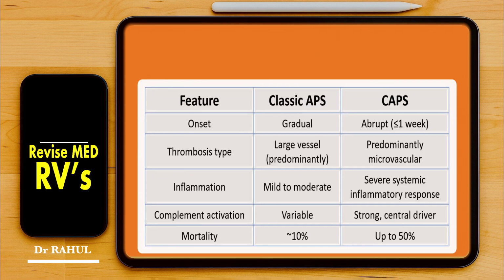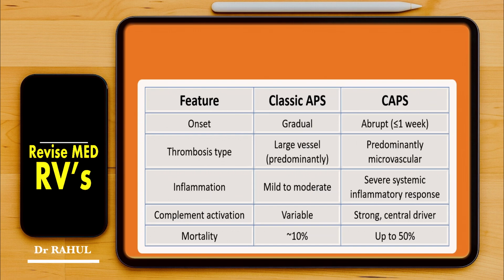So let's summarize the difference between classic APS as well as CAPS. When you are talking about the onset of CAPS, it is an abrupt event. It's more like a medical emergency. It occurs in less than 1 week and affects more than 3 organs or tissues. The thrombosis in case of CAPS is predominantly microvascular, while in case of classic APS it is more likely large vessel involvement. Classic APS can also involve microvascular involvement, as can be seen in APS nephropathy, but